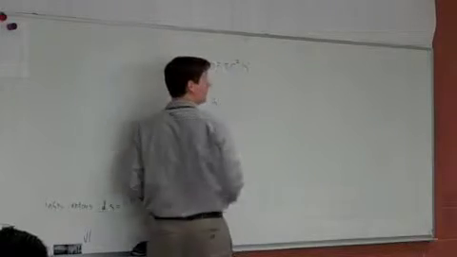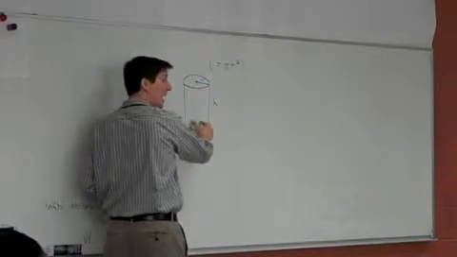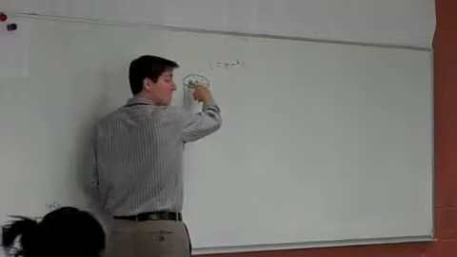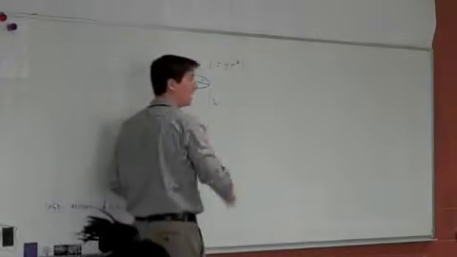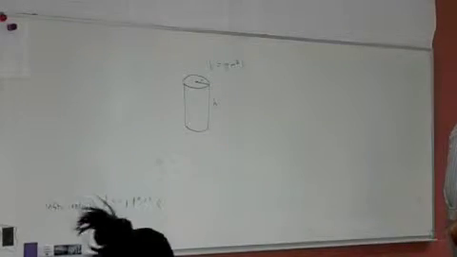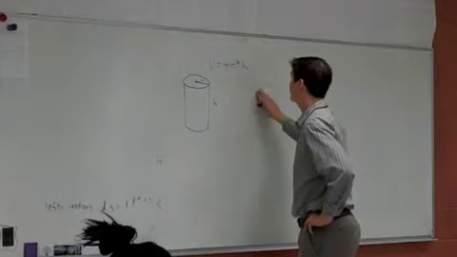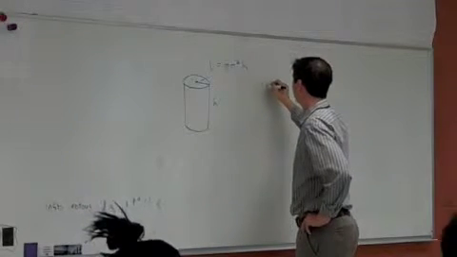For any right prism, the volume is equal to the area of the base times the height. The area of this face is pi r squared times the height, so the volume of a cylinder is pi r squared h. Does that make sense, you guys? Yeah? Okay. What if I told you that the radius was constant,